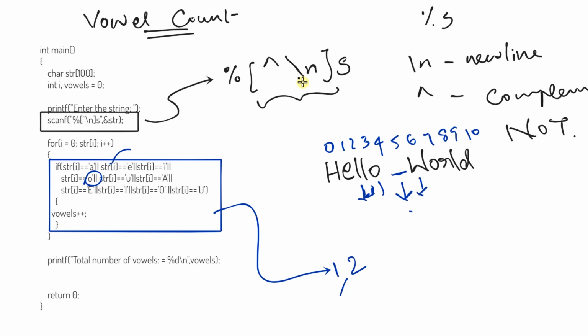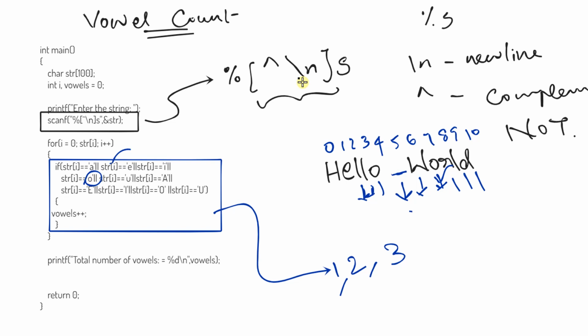W is not equal. Again, O is equal. So again, it will be incremented to 3. R, L, D, nothing is equal. So in such a way it will be incremented, and when it reaches the end of the string, that is till 10, it will come out of the for loop, because we are given only till str of I is